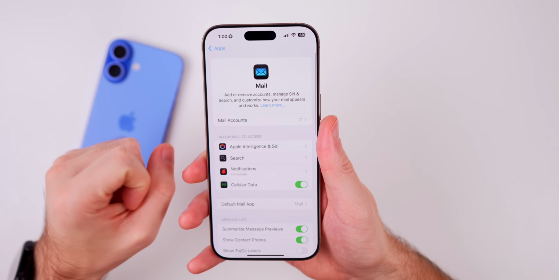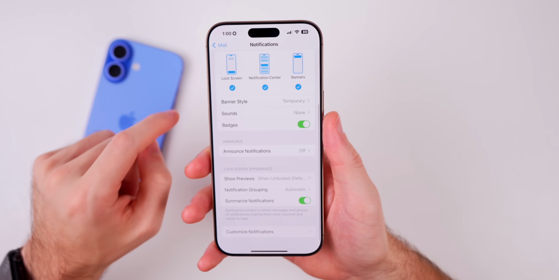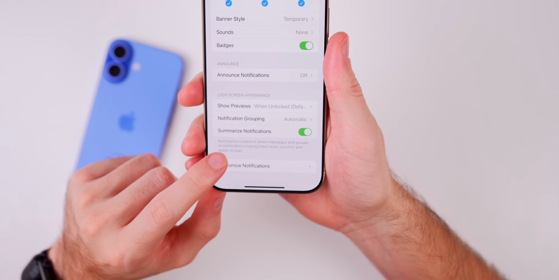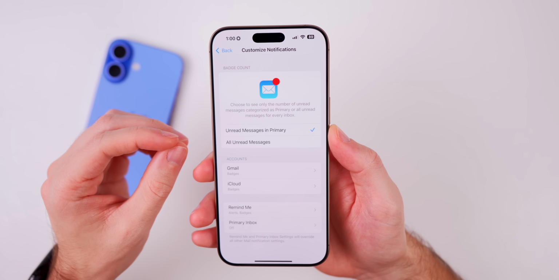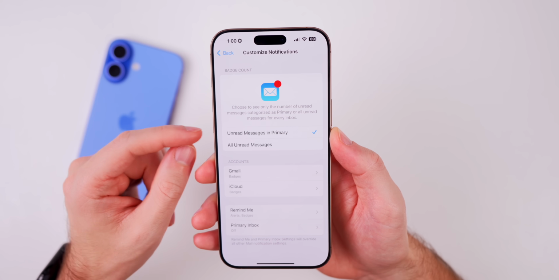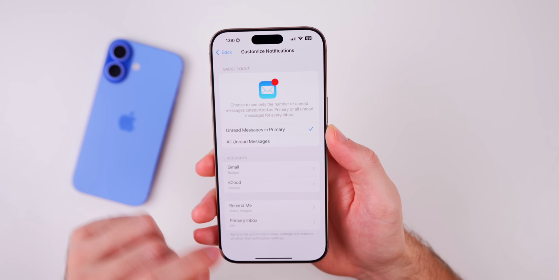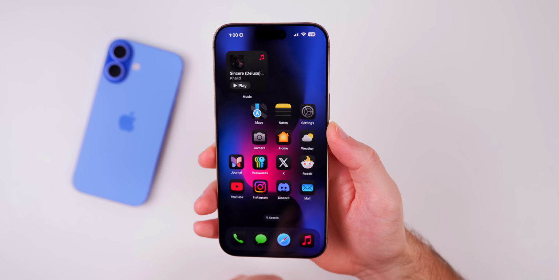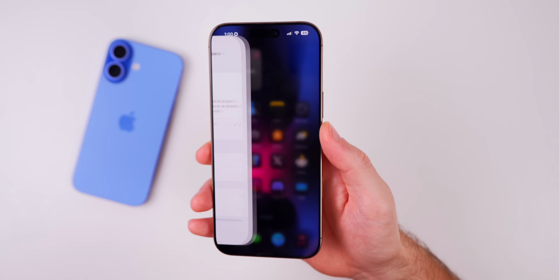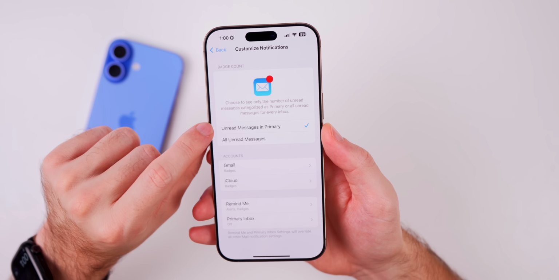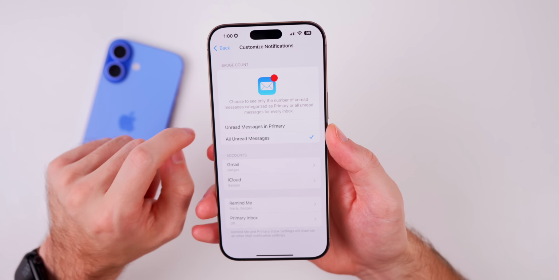And then if we go into our settings and go to mail and then into notifications and then go all the way down to the bottom to customize notifications, if you go into here, we have a brand new section called badge count. And this allows you to choose and see only the number of unread messages that are categorized as primary. So for example, if you don't want to get a ton of notifications as a badge alert on your home screen,